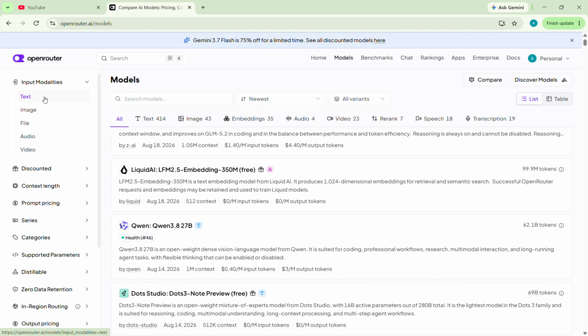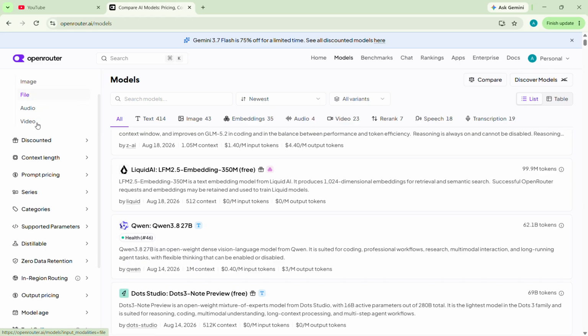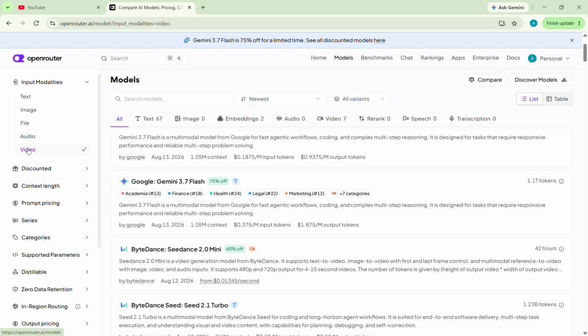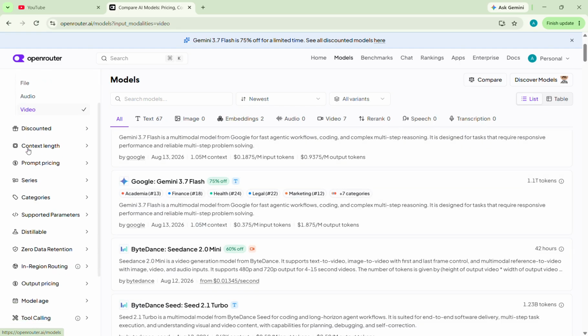Input and output. Some models only have text and image, whereas some models have text, image, audio, video. They support all, right? So if we are looking for a particular video only, we'll just select the video one, and then